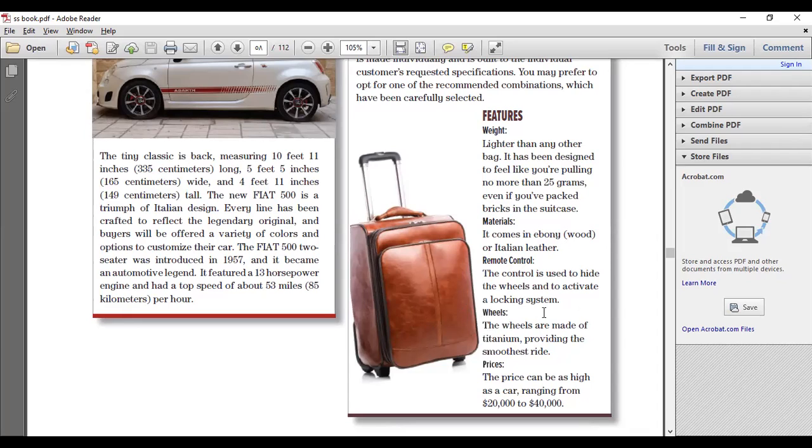We put it in 000, and everyone has 000. I don't know why we do that. But here it has a locking system, they say. The wheels are made of titanium, providing the smoothest ride. So when you are in the airport, you're not going to struggle when you drag it with you. This is very important for them, I guess.